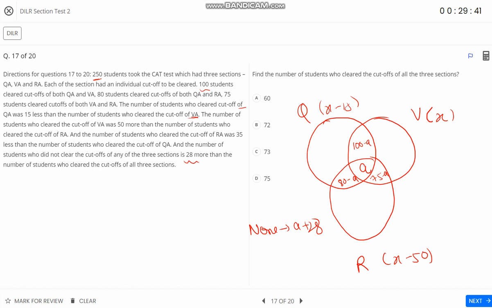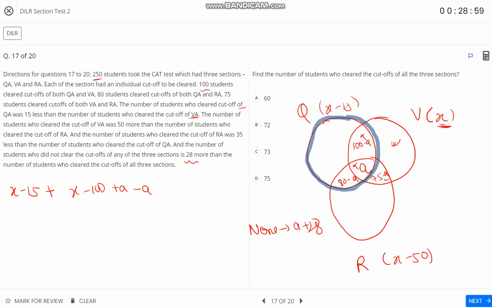QA complete value we know. Let us do it more step by step. QA complete value we know is X minus 15. So this complete region is covered as of now. Now this much value, if we see, will be how much? Wait, let me write it in a more spacious place. So this is X minus 15. Not talking about this VA part. This particular and this particular region we have to consider. So from QA we have to subtract this and this. So this will be X minus 100, minus A means plus A, and this A needs to be subtracted as well, right? This is X, subtract this and subtract this becomes positive. So this will get cancelled. We'll come to this later on.